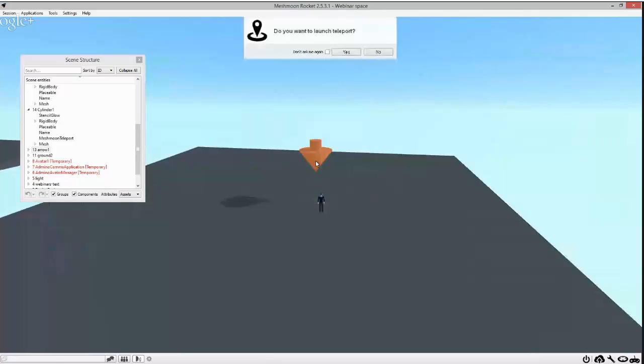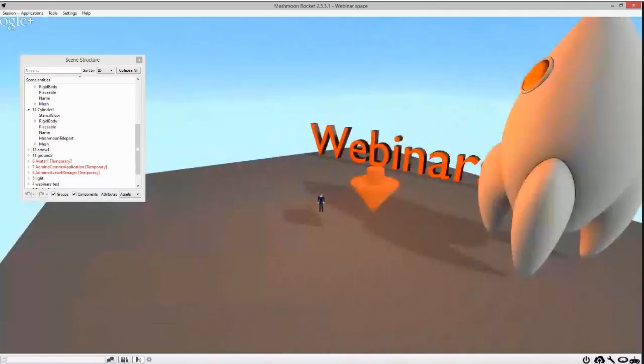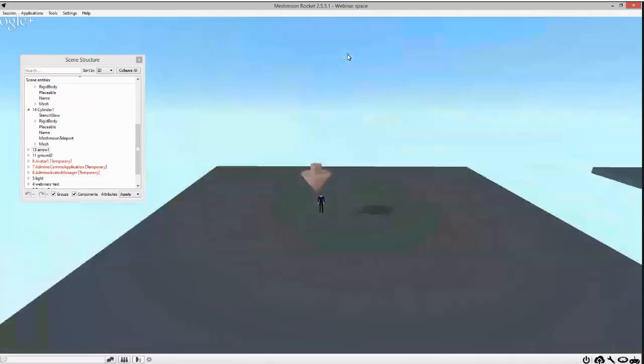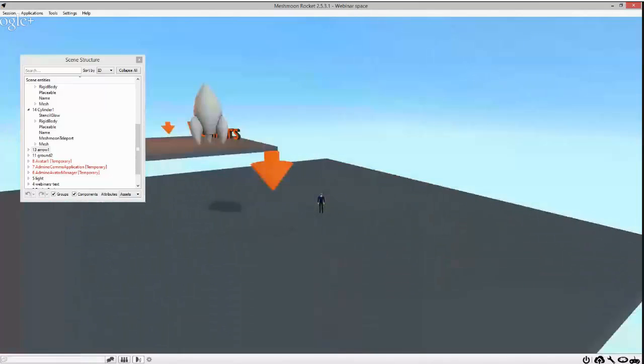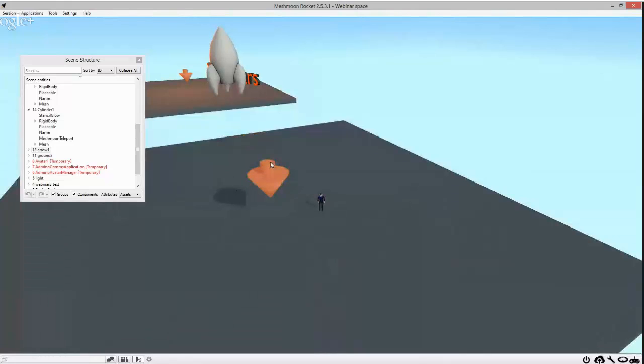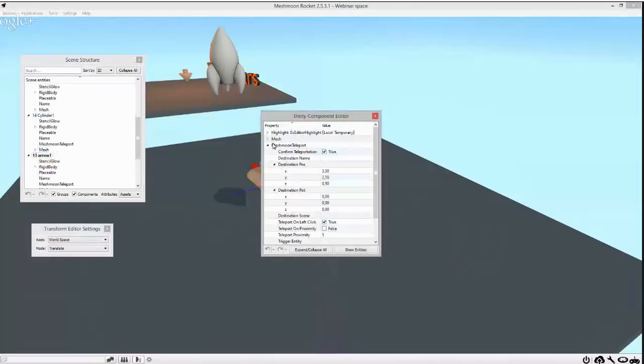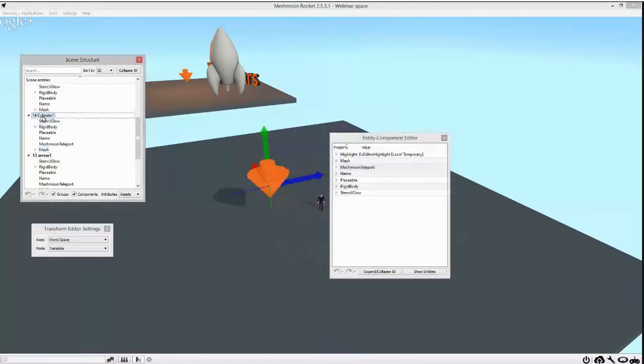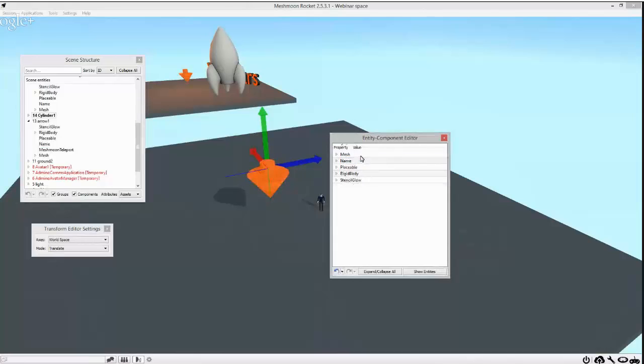Okay. As I have clicked on the object, it has proposed a pop-up. So if I say yes, I'm teleported to the other platform. And the same if I click here on the arrow, I will be teleported to the other platform. So to make sure people don't make the mistake of clicking on your cylinder, for example, we're going to copy what's inside arrow 1, the Meshmoon teleport component, and copy it inside the cylinder 1. So now even if people click on the cylinder or the cone, they will be teleported. And we now do the same for